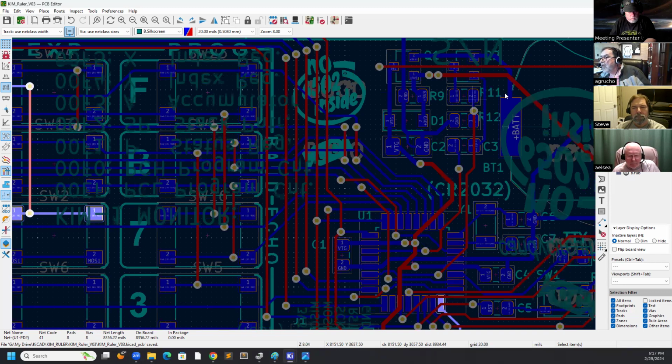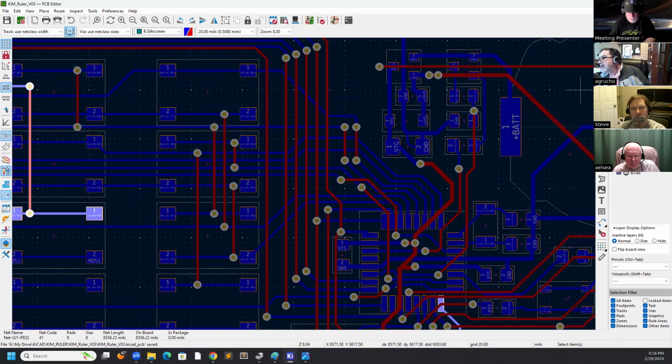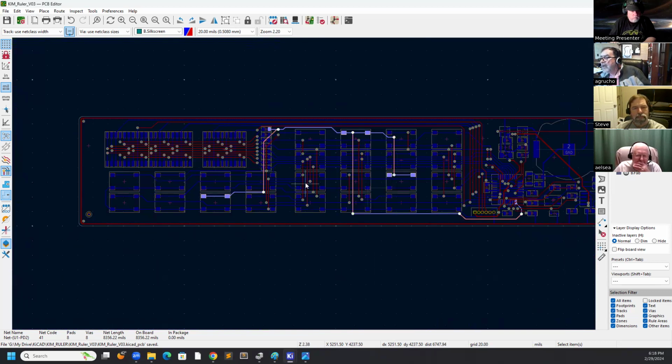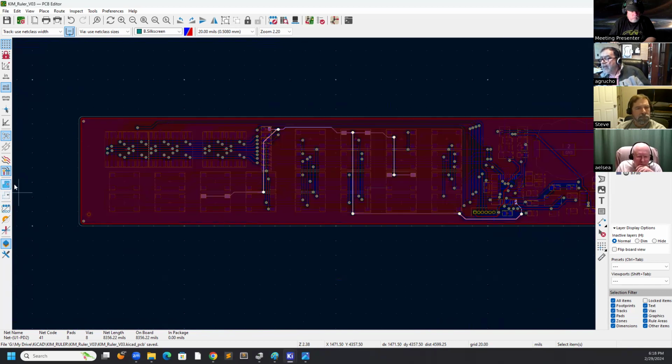You can turn on and off any mask. I will turn off the silkscreen. Both silkscreens are off. You can turn on and off the ground plane.